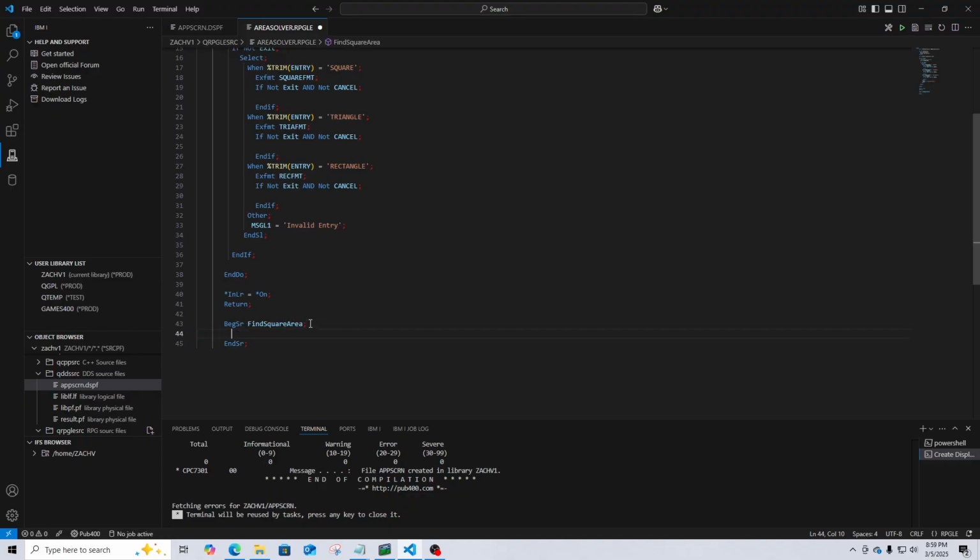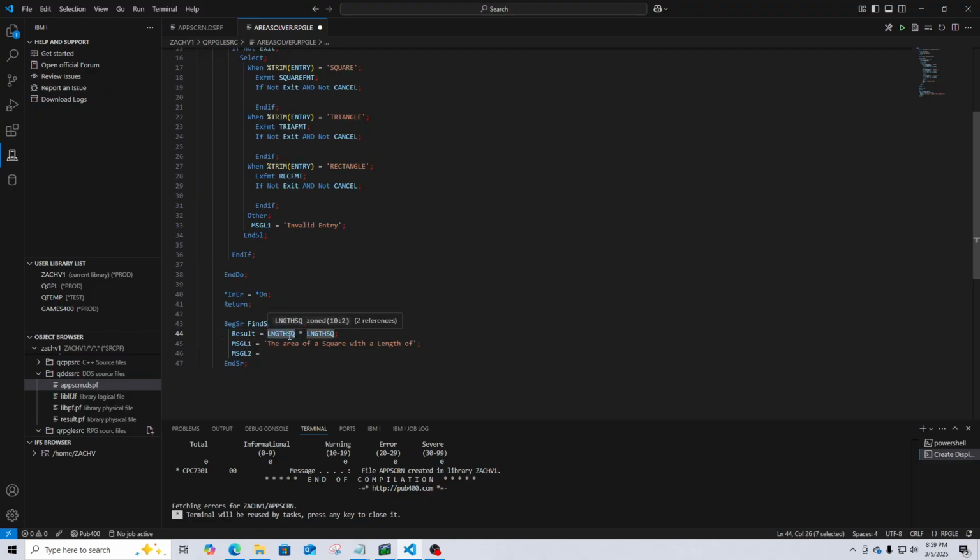And so in here, we'll do a calculation. Result is equal to length of a square times length of a square. Length times length is the area. And then in our message, we're going to write a message that says the area of a square with a length of, and I don't want to run out of space here, so go to the next line. Might as well use our next message variable. So the area of a square with a length of,